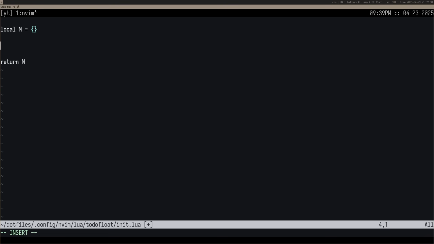So why don't we just do that? Even though it's in our own project, we can still sort of follow that convention to keep things consistent. So I'll say m.setup equals a function here, and just say end like this. And inside of this setup function, we're going to call a couple functions that we're going to set up in